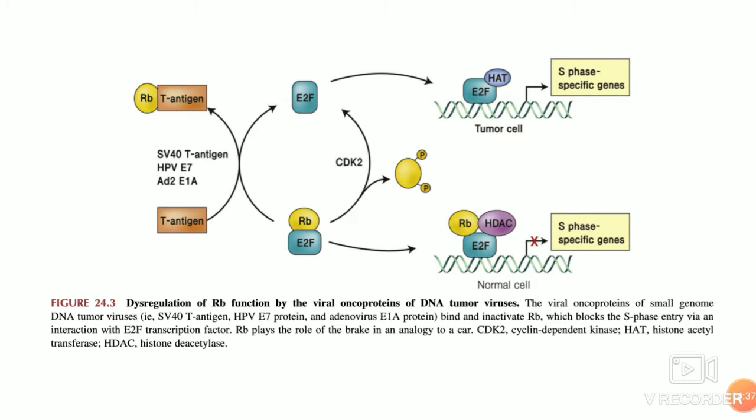then the E2F protein, which is inhibited by retinoblastoma protein, is activated by phosphorylation by cyclin dependent kinases, which releases E2F factor, which binds to DNA along with association with histone acetyltransferases that switches the cell to the S phase. But in case of adenovirus, this E1A protein binds to retinoblastoma protein, and then it releases the E2F, thereby switching the cell to the S phase.